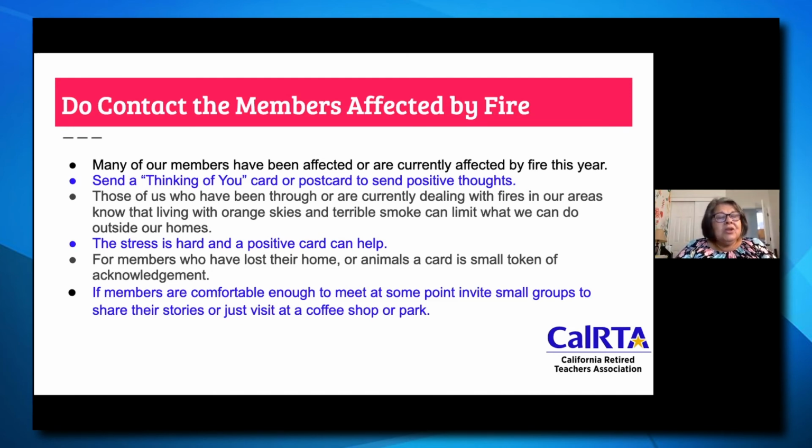Division 39 in Sonoma County has had 3 fires, and one thing we did was we targeted our over 55 community that lived in a structured area, and we sent cards to every single one of those, and they were grateful. They were grateful to receive it, to know that they were being thought of by someone other than their neighbors or their family.